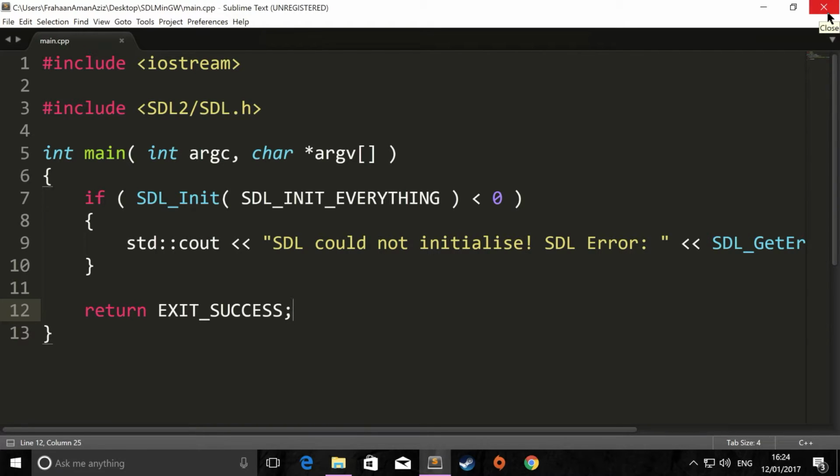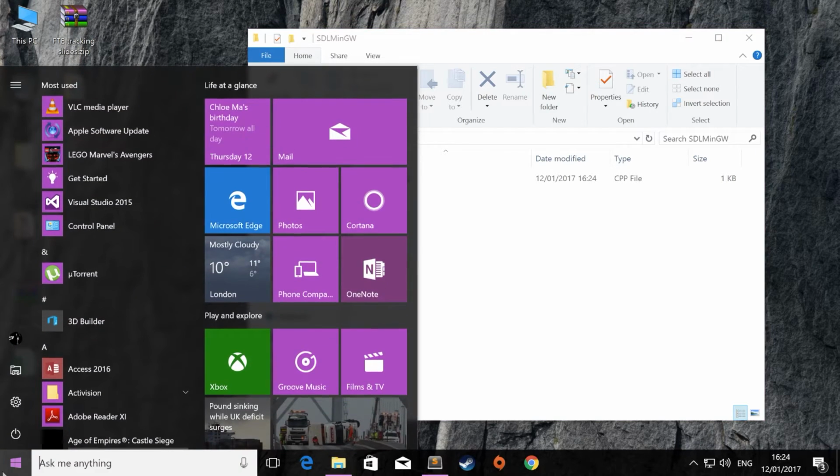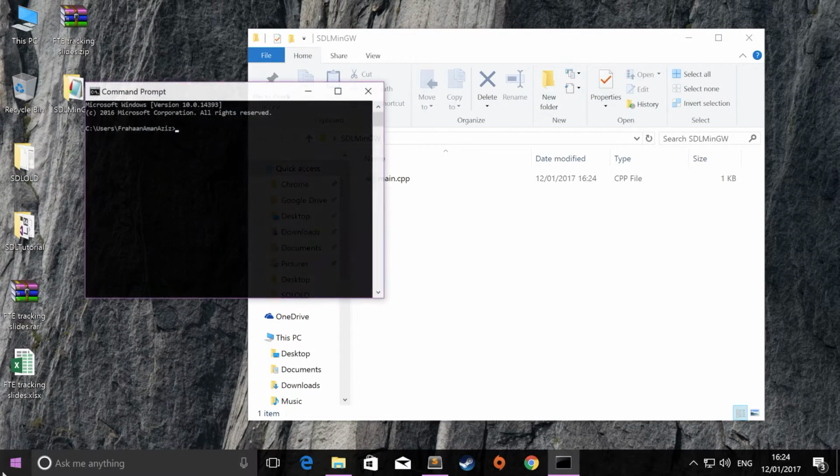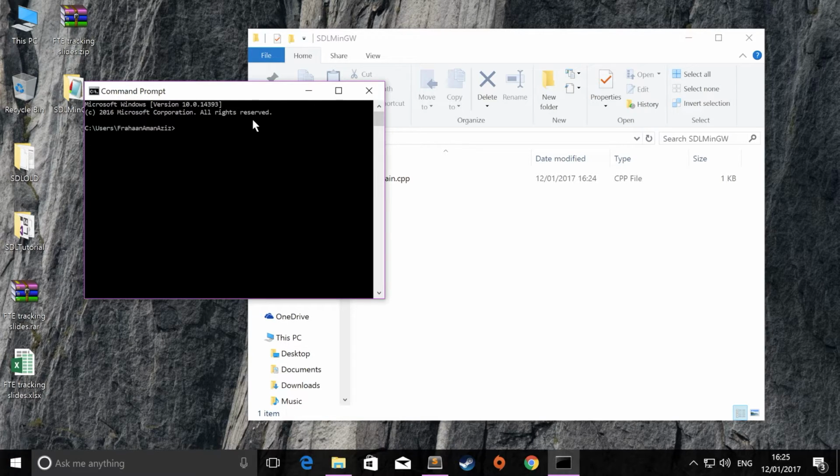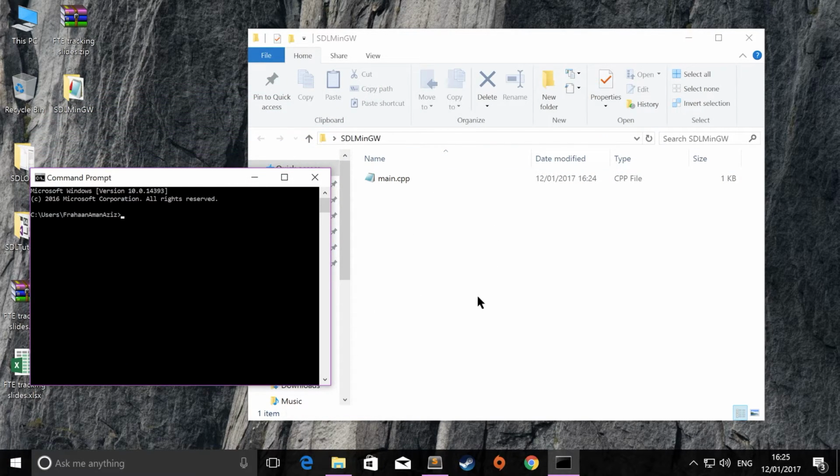So to compile it, not very hard at all, really simple. So what we want to do now is, I'm just going to minimize it. You want to open up command prompt. Now in command prompt, you want to change directory to this folder right here. So cd, drag the folder onto here like so, and we need to compile this file. To compile it, you do g++. Remember, you need to make sure you've installed the g++ package within MinGW. Once you've done that, you want to type in the file that you're compiling. For me, it's